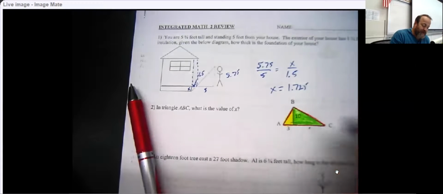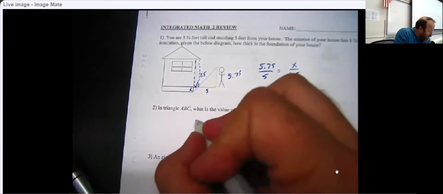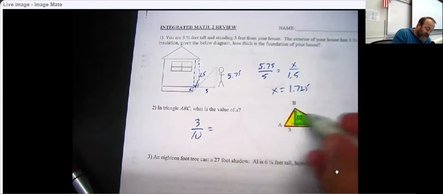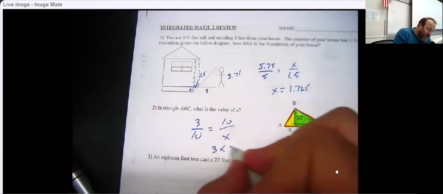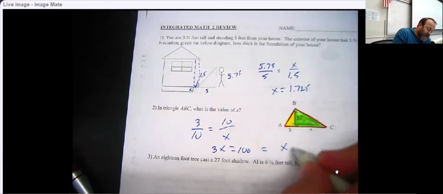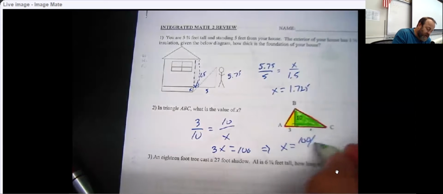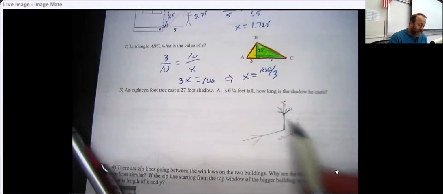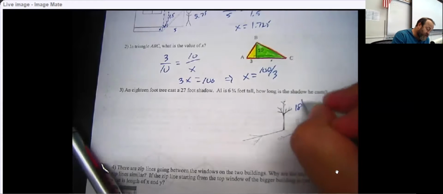So if all 3 are similar to each other, that means the yellow one and the green one are similar. So as a ratio, the ratio of 3 to 10, so I did short leg is to long leg. As in the green one, the short leg is to the long leg. Of course, a quick cross multiply leads us to the answer that if 3x is 100, then x is 100 over 3. Okay, moving on to our little fun stick figure shadow problem, that we have this 18-foot tree casting